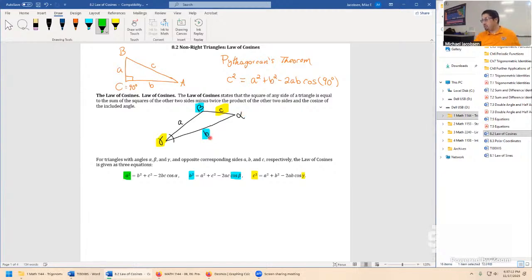And just to complete the color coding, if you wanted to solve for side length a, you would go to the opposite angle, alpha, take the squares of the included sides, c and b, square them, then minus 2 times the product of them, times cosine alpha. So putting all three together, that's what law of cosines is saying.